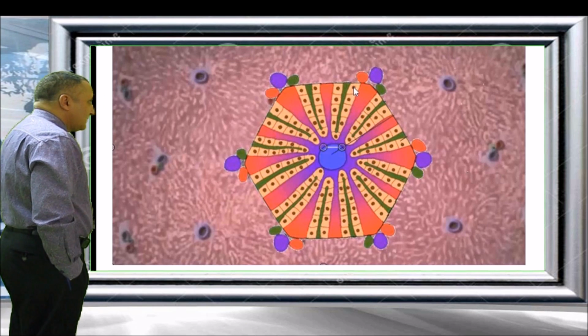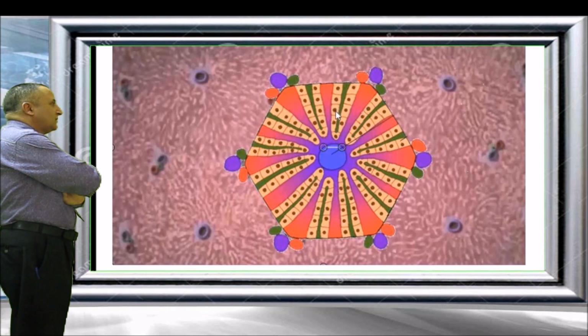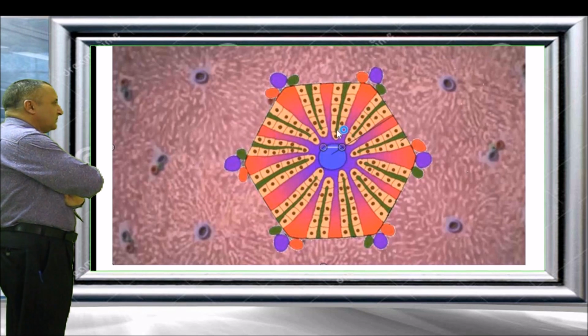These cellular plates are in two rows. This is one row, this is the other row of cellular plates, and between these cells